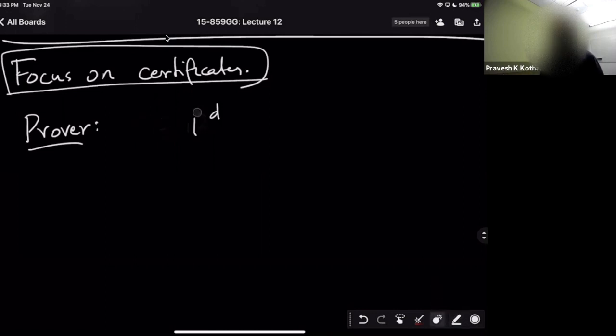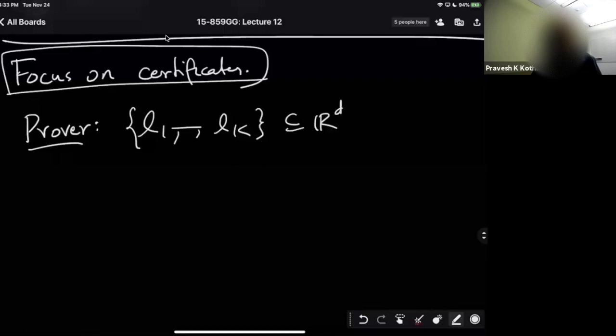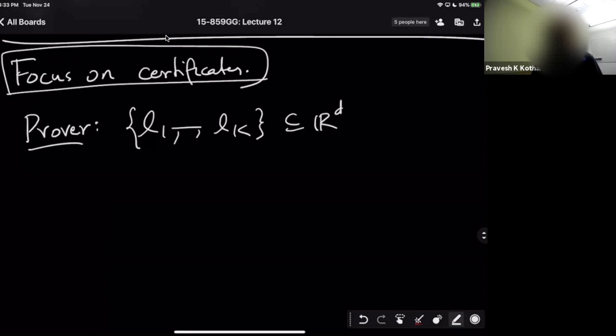So the second cut is the prover gives us, let's say, a list of k different linear functions, k different vectors, right? And the prover comes and claims, hey, you know what? I think your function is in this list. Okay, and we are asked to verify their assertion. Can we verify? How can we verify? What should we do? What check should I make?